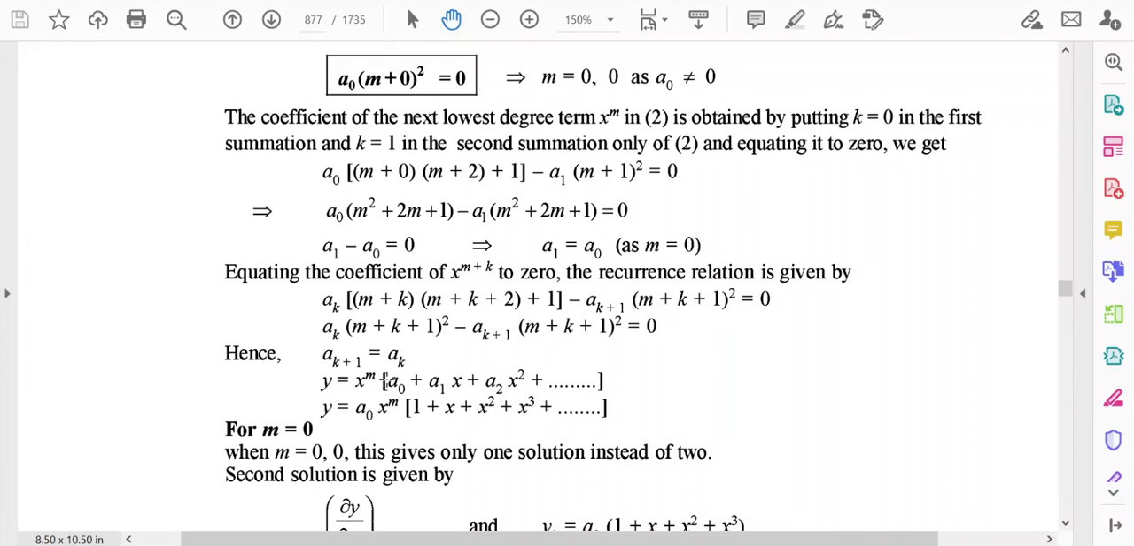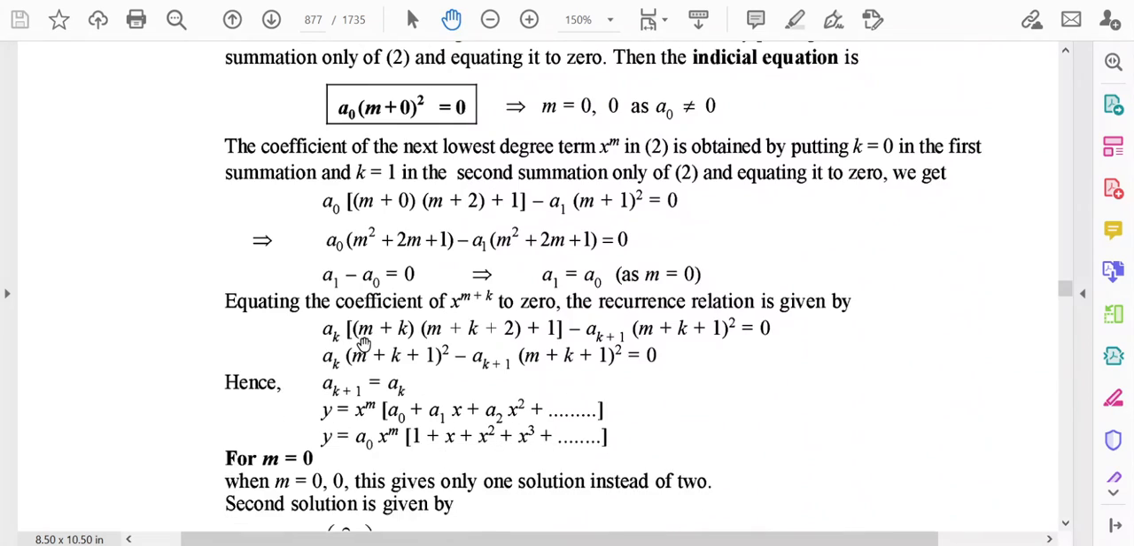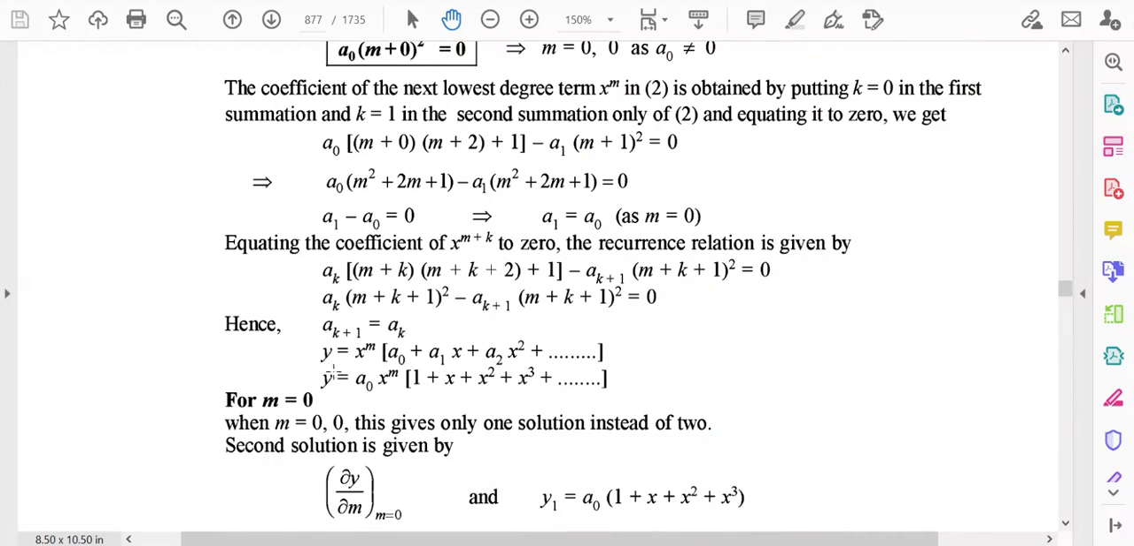So ultimately the solution will be, that is y is equal to, you see the first equation, y is equal to sum of a_k x to the power m plus k for k equal to 0 to infinity. We have to put the different values of a in this equation, and if we put different values of a in this equation, we can write the general solution, y is equal to x to the power m, and